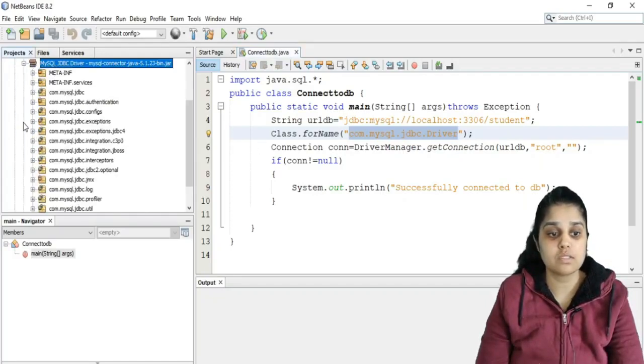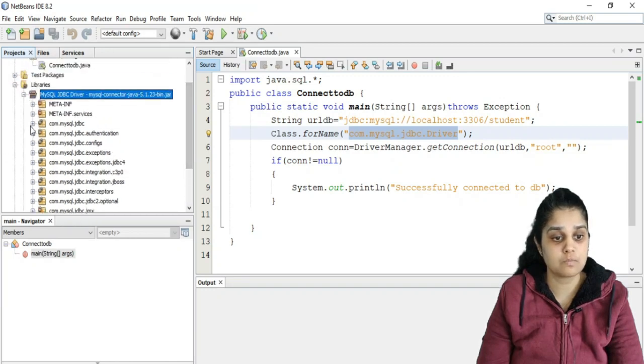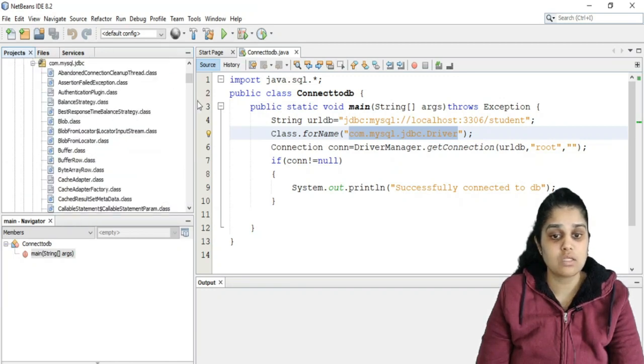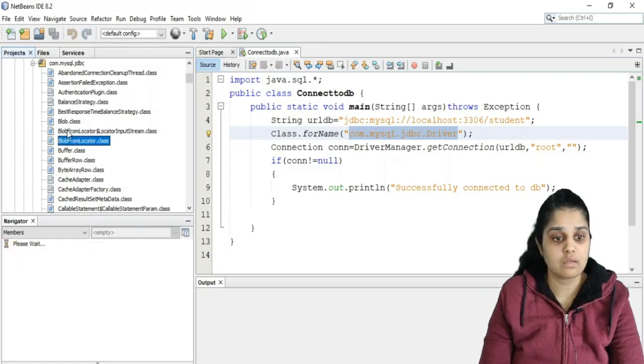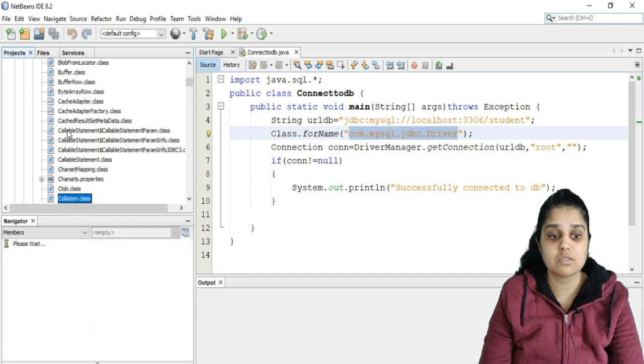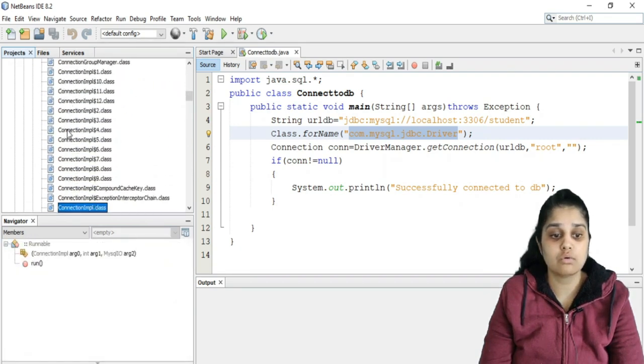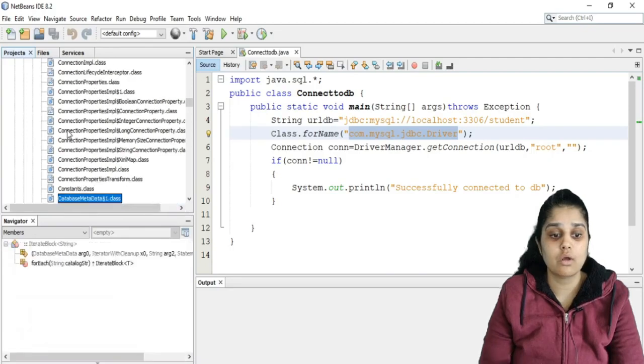Let us open this, and this is com.mysql.jdbc. Here, what this particular package is doing is it can handle blob data, it can cache your data, it can use callable statements, it can use the Connection interface, it can even open your database.